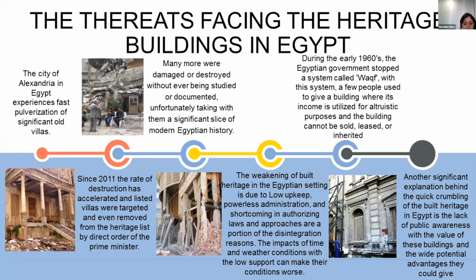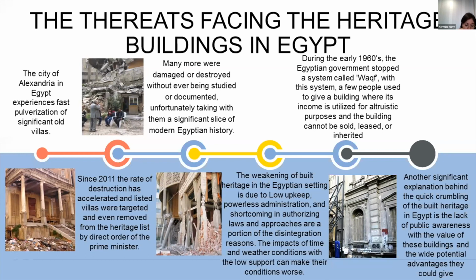The threats facing the heritage buildings in Egypt: unfortunately, the city of Alexandria in Egypt experienced fast demolishment of significant old villas. Since the 2011 revolution, the rate of destruction has accelerated and listed villas were targeted and even removed from the heritage list by direct order from the Prime Minister. Many more were damaged and destroyed without ever being studied or documented, unfortunately taking with them a significant slice of